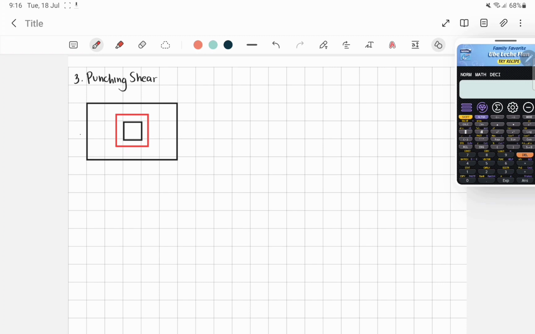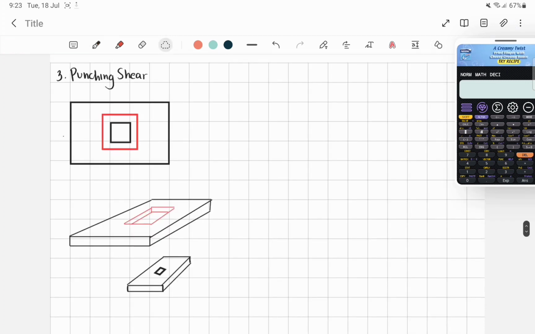So kapag dinrawing natin sa isometric yan, ito yung mangyayaring failure. So sa isometric view, base sa isometric view, sana naiintindihan ninyo, that the column, okay, so ang effect